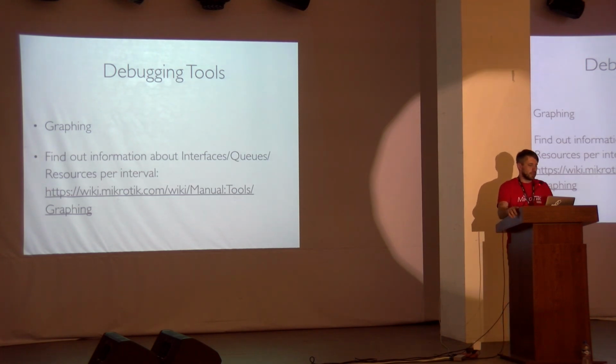Then the next part is graphing. RouterOS has built-in graphing options where you can monitor CPU, memory, and disk load. So this is a good way how you can see if everything is good with the router. You just analyze those graphs for CPU or for memory, and if there are spikes or some abnormal activity, then you can later get more advanced tools for debugging and work with them.